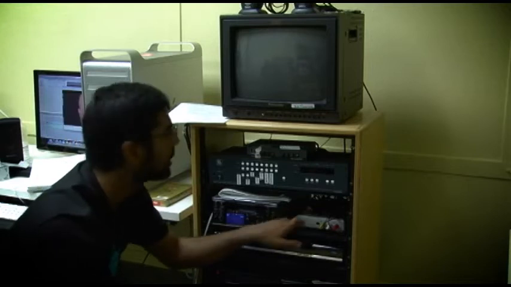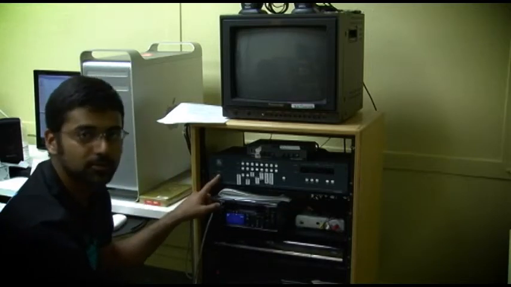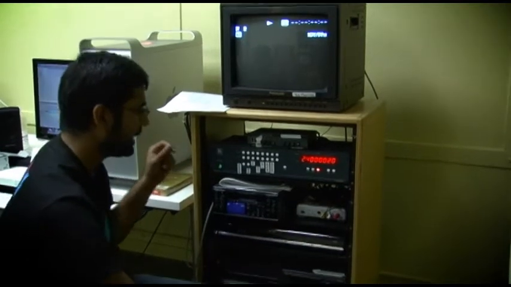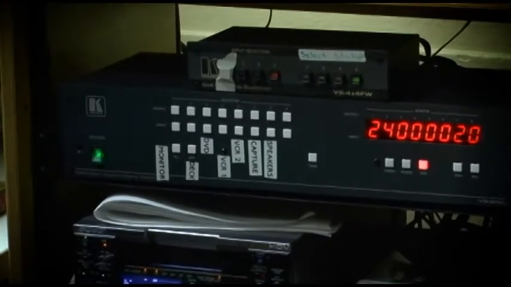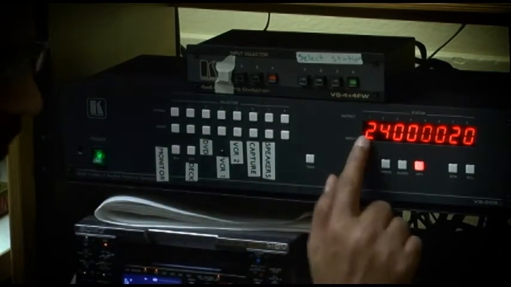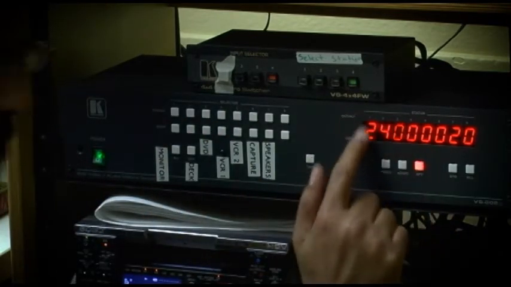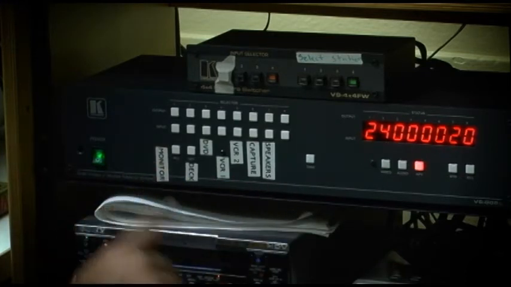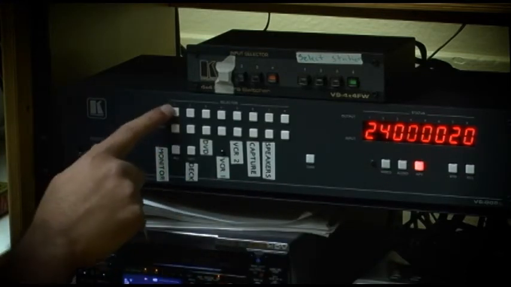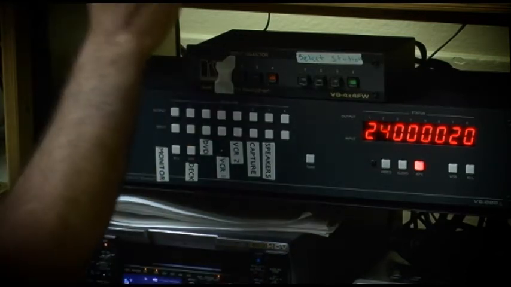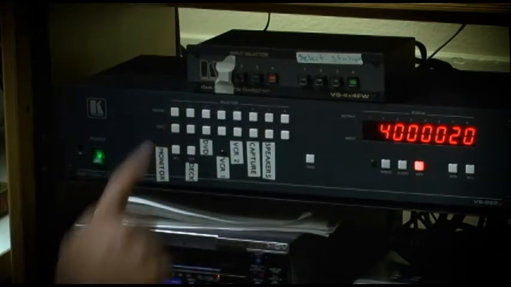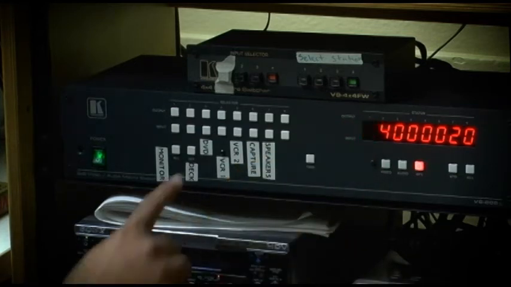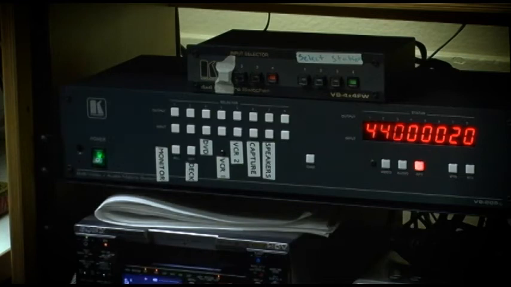using the source button on top, you turn on this router. This is a switcher. We call it the big switcher, the AV switcher. And the way this works is you can figure out these numbers here correspond to the outputs, and the outputs are all labeled. So the way you use this is by selecting the output you want to use. Let's say monitor, which is number 1, and you can see that the light is blinking. The first one is blinking, and I will set it to VCR 1, number 4. And if I hit play,